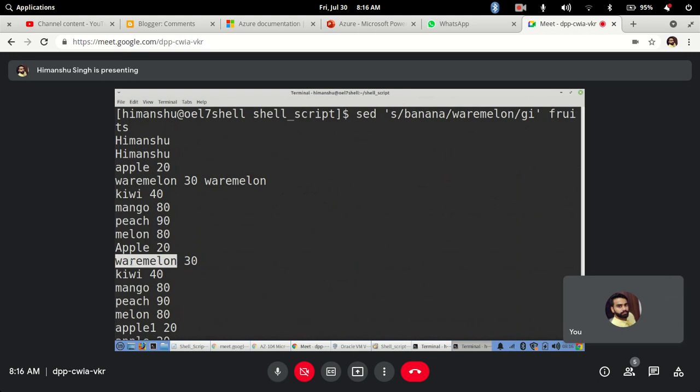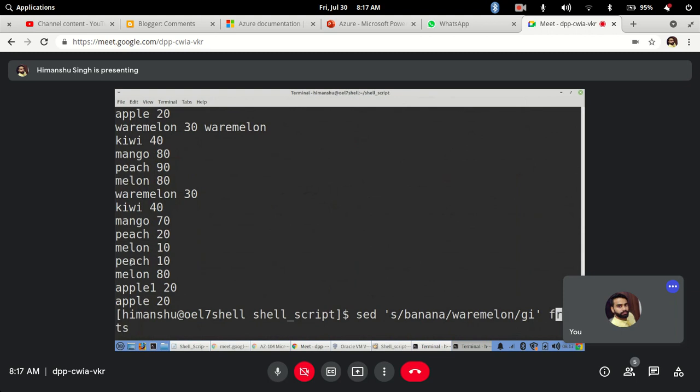Also there is an option to do the same thing without, let's say I don't want to give I, let's say I don't give it, right? So that means only the banana that starts with a small b can be changed. But let's say you want to do a specific character match, whether it's small b or capital B, doesn't matter, it should change. Other things should be same but the starting should be different.